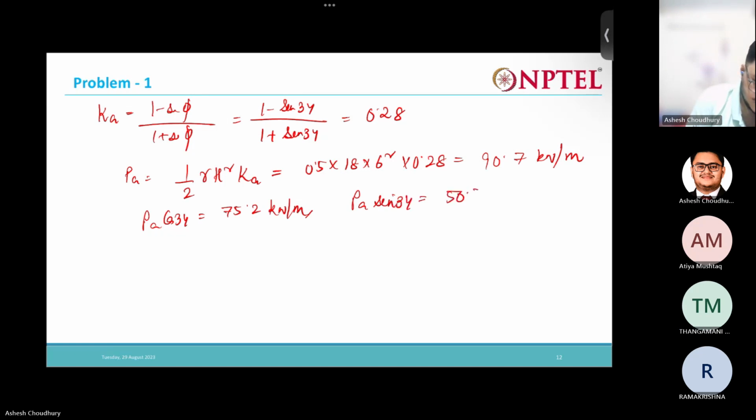So you can see here, no earthquake forces are considered. They have just solved it in a very simplified way, just for the purpose of understanding. But while you solve in your exam,